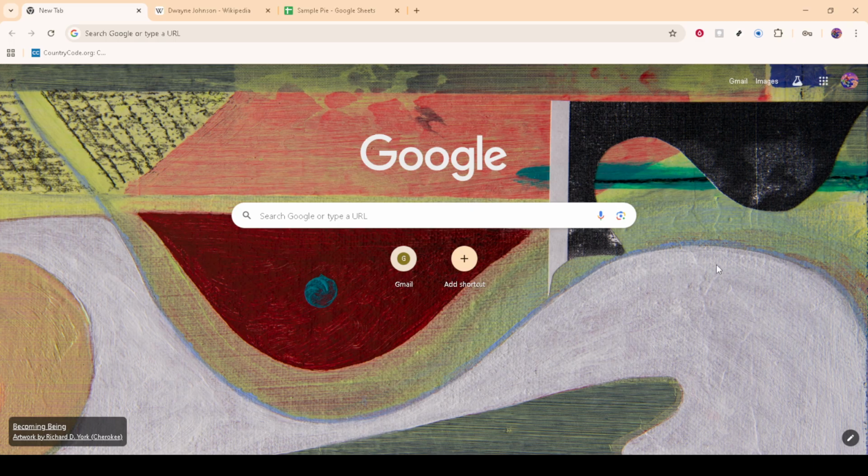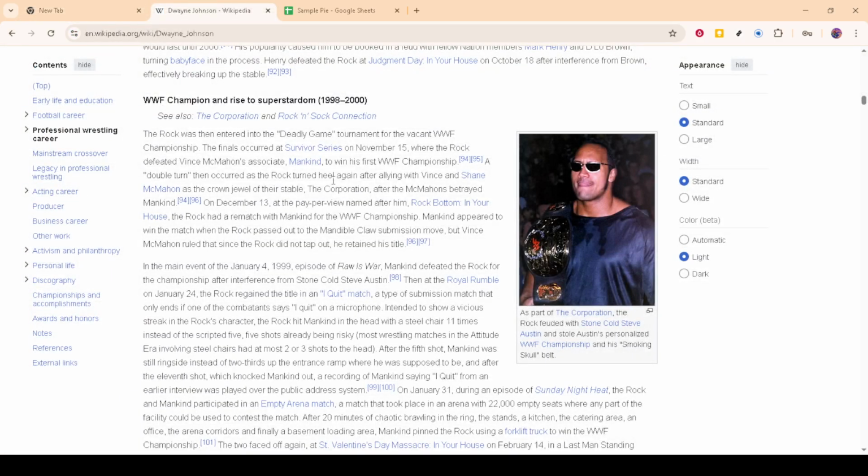Let's begin by locating the image you want to use on the web. This could be any image that you find suitable for your needs. Maybe it's a logo, a product image, or even a chart that you want to integrate into your spreadsheet. You want to make sure that the image is available online, and you have the proper rights to use it.